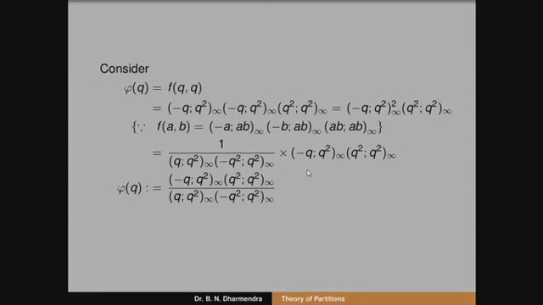We shall move on to the next special case of the theta function, that is xi of q. Now we can show the Euler identity: how can we show that minus q square infinity is equal to 1 divided by q square infinity into minus q square infinity? By using the q shifted factorial, we just have to expand the value of minus q square infinity. If the first term is minus q, the whole thing becomes plus in terms of the q shifted factorial, that is 1 plus q is the first term. Next is the shifted term, where the base is q square, so we multiply by the terms of q square.